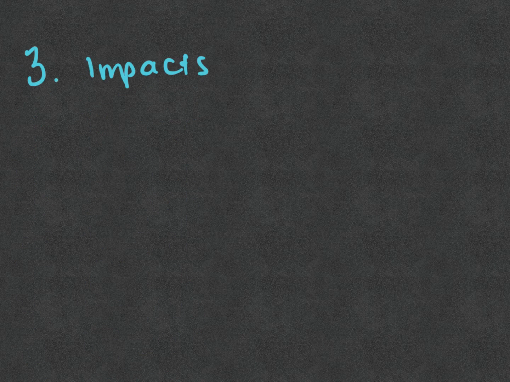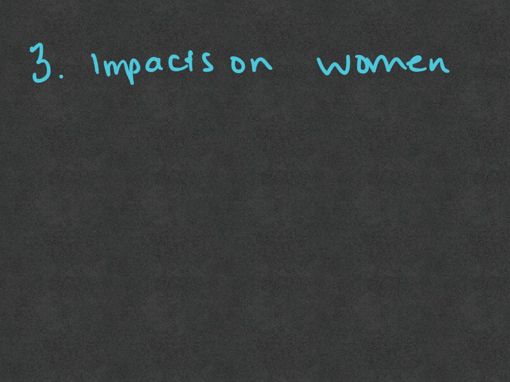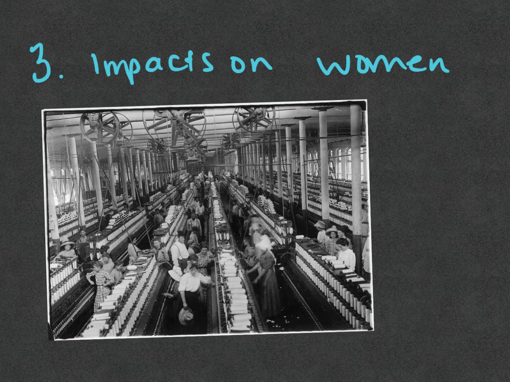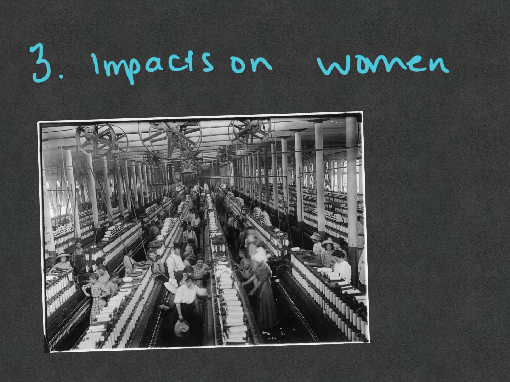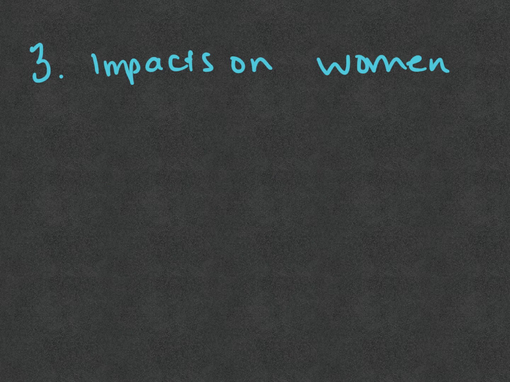A third change that we need to talk about is impacts on women. Different women in different social classes see different effects because of the Industrial Revolution. If you were a lower working class woman, you now could go work in a factory. Because factory work is not as labor intensive as farm work, women who were unmarried or poor women who were married could go get a job in a factory. Factory owners and managers also really wanted to hire women because they could pay them less money. So they could do exactly the same job as a man, but for half or less of the price. So if you are a working class woman, you could now support yourself, or you could add to your family's prospects. If you were a middle class woman,